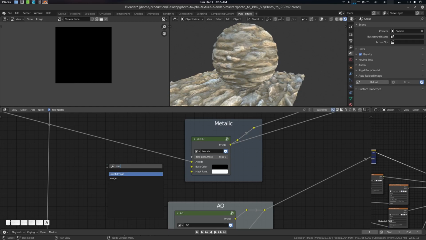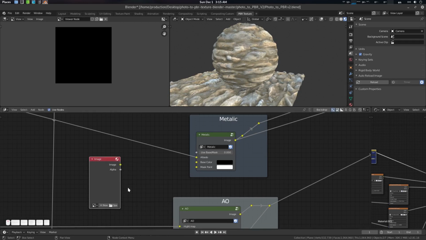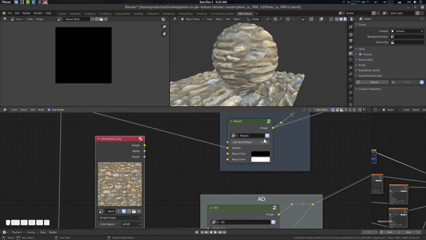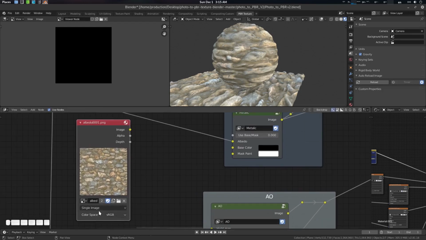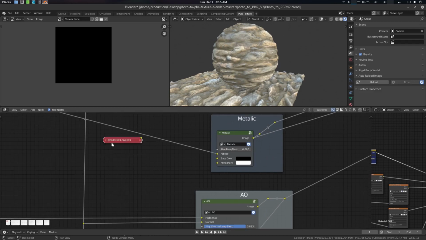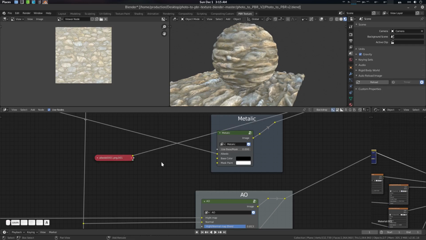So let's go for an image. I'm going to use Albedo. Metal is non-color data, while albedo is sRGB. So I'm going to copy albedo here. This is albedo 001, albedo 001.png.001, whatever. Let's go for non-color, so it should be non-color data. Now we're going for a BW